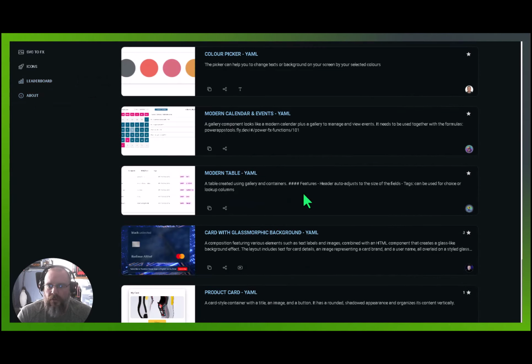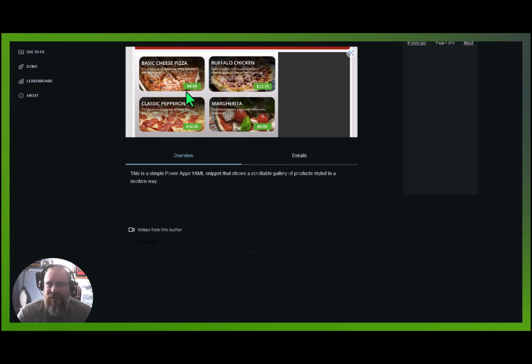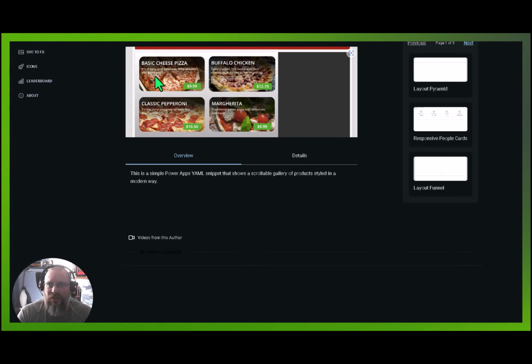Should be on here somewhere. I'll find it. But some of them are super advanced. I mean, it looks like someone had Minesweeper on there. Look, it's a product gallery that you can just copy and paste. Like, let me actually do that. So I'll copy this snippet,